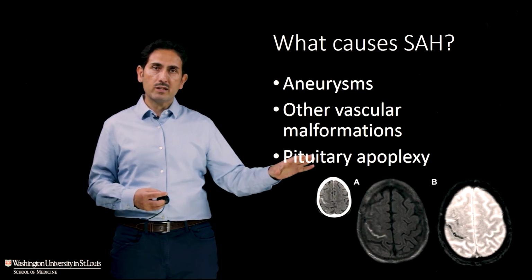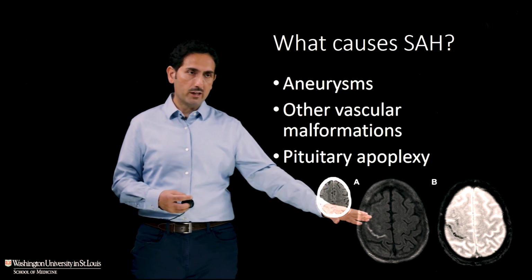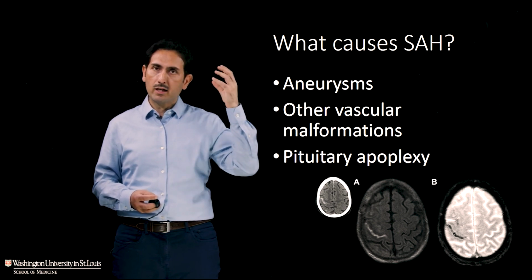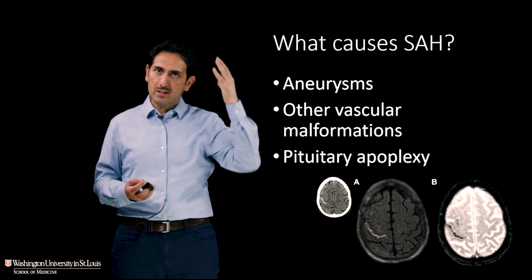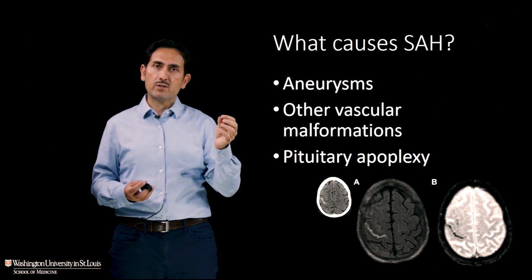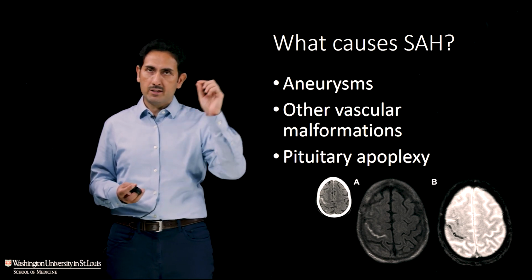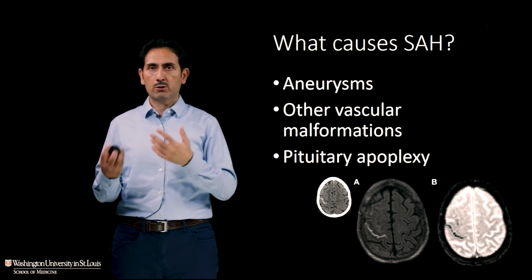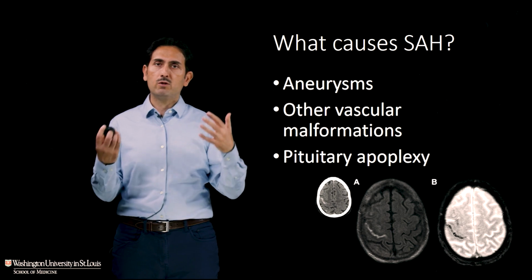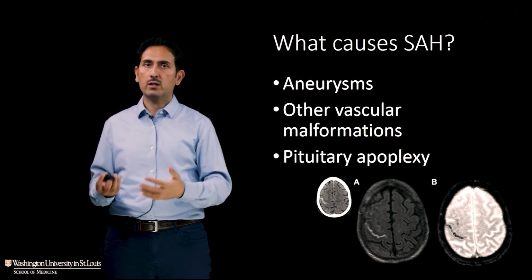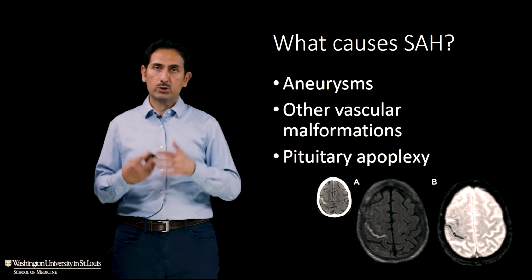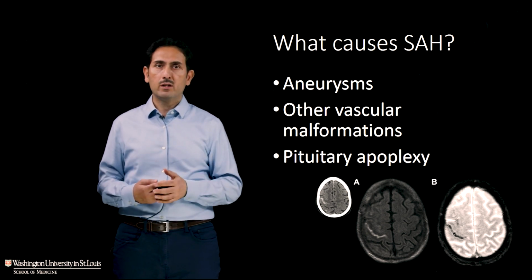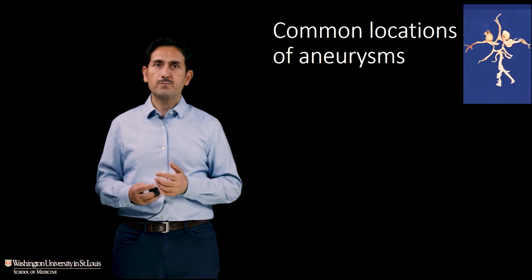And then finally, sometimes you see bleeding that's fairly subtle on a CT scan or MRI scan. There's bleeding just in a few areas of the subarachnoid space, what we call the sulci or a convexity bleed. This is a bleed in the convexity of the skull, of the brain. And this is usually of different causes. This can be due to amyloid in elderly people who have vasculopathy due to amyloid deposition. In younger people, it can be due to something called reversible vasoconstriction syndrome, often associated with drugs or medications. Also in the setting of eclampsia after pregnancy, this can happen. And sometimes in the setting of trauma or venous occlusion or venous blood clots.